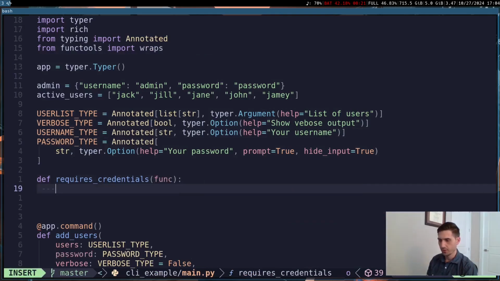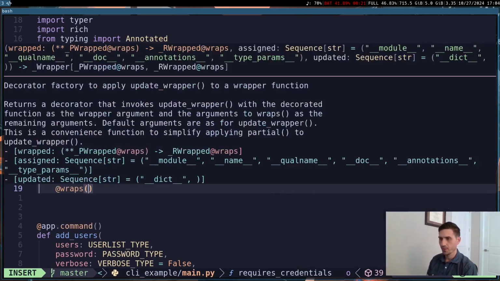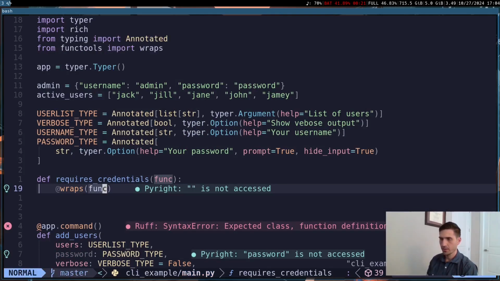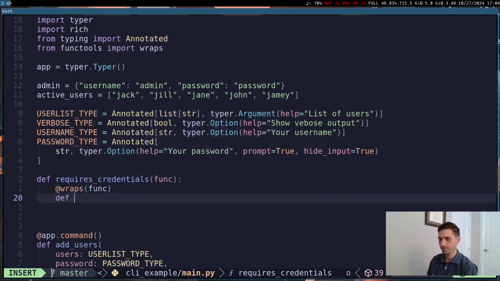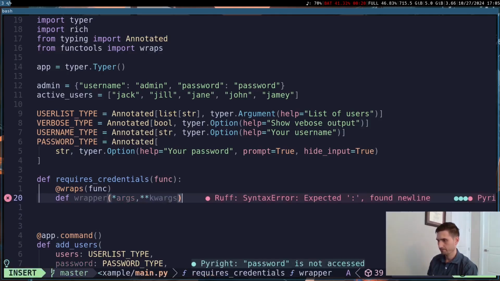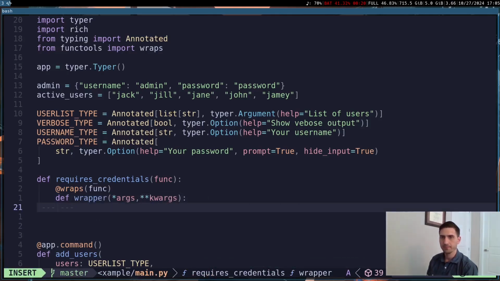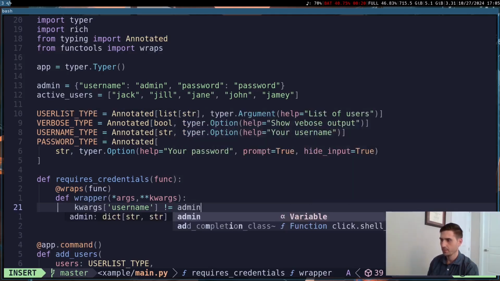And so what we're going to do on here is say @wraps, and what we're wrapping is that function. And we're just going to call this our wrapper function, and it's going to have arguments and keyword arguments. So what Typer is going to do is the username and password are going to get passed down as keyword arguments to the function. So I want to look in those keyword arguments, and get the username out of there. And I want to say, okay, if the username is not equal to the admin username,